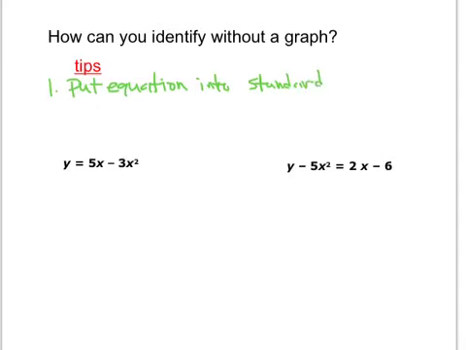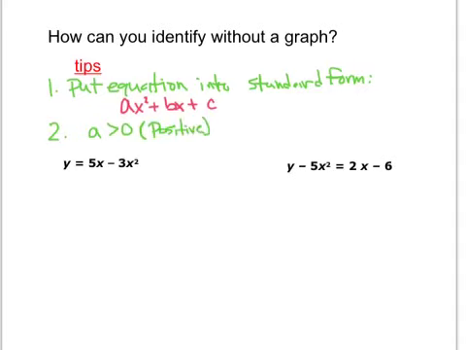The standard form of a quadratic is ax squared plus bx plus c. We just have to make it look like that. Obviously not all of these terms will exist, but we have to write it this way. The second thing is this rule: if a is greater than 0, in other words if a is positive,